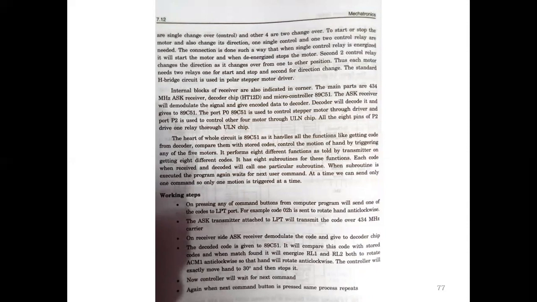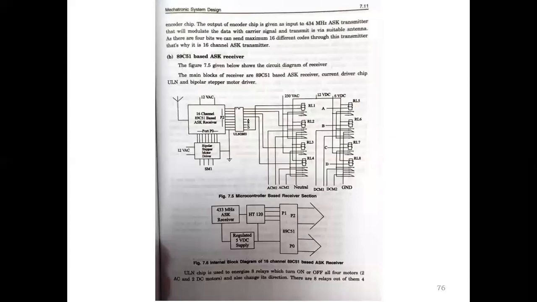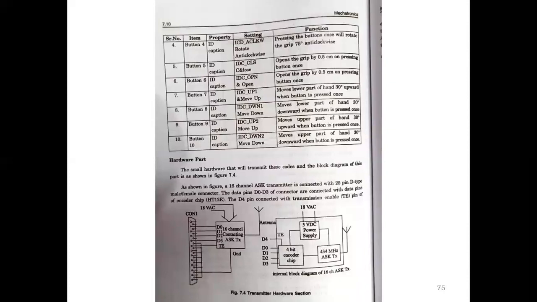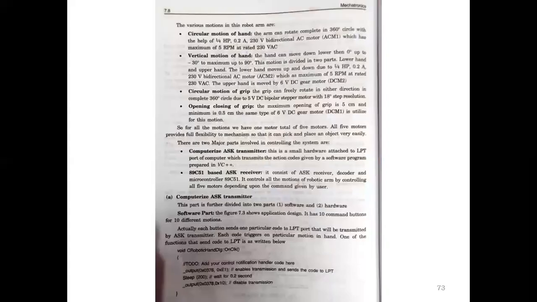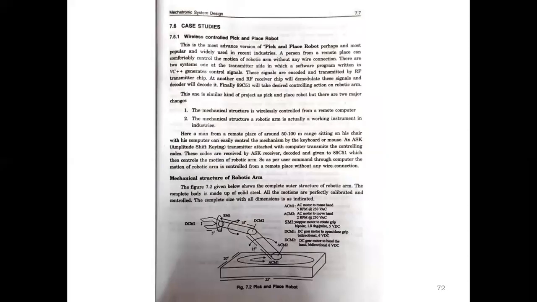So these are the working steps of the pick and place robot. This is one of the best examples of mechatronics design, that is, we are controlling the motors through wireless communication. This is the main application of robots and the main principle of robots used in applications. Here they are using a transmitter range of 430 to 434 megahertz for different applications. These are different RF transmitter and receiver conditions.